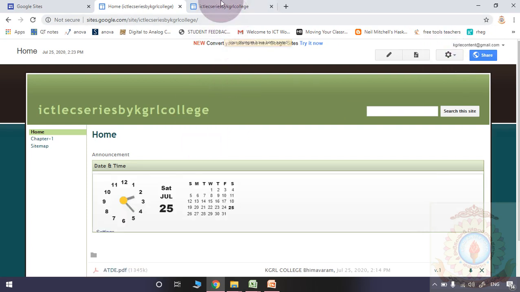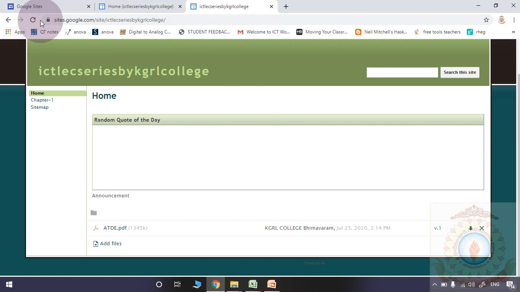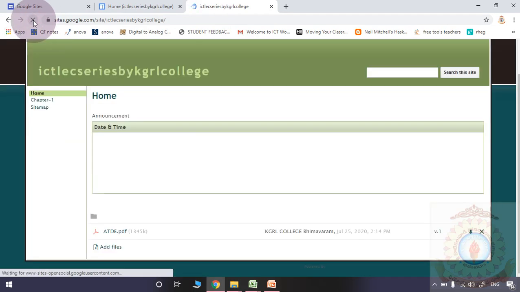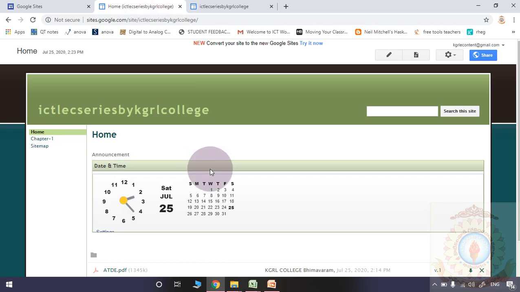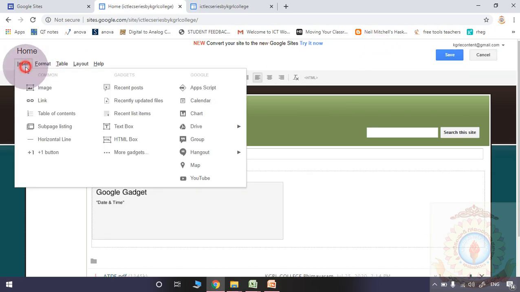Here please observe. Refresh. Please observe calendar, time, everything that is appearing. So similarly you may add some other gadgets and everything as per your interest by using the insert option. So why I'm telling to create this particular website, generally after learning all these modules in this ICT